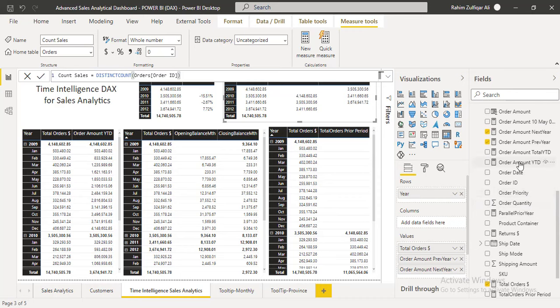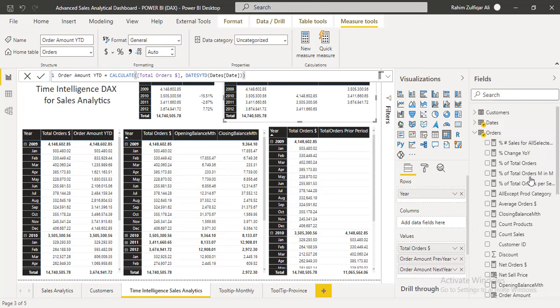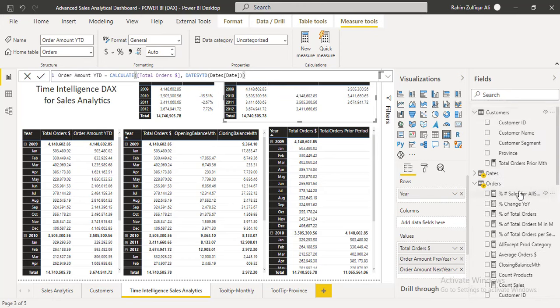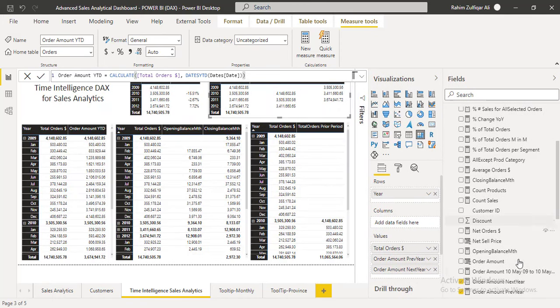Then I have also created this explicit measure that gives me order amount YTD, which is based on the running total, right? So these are all the DAX, and there are also some more DAX available. You can explore that as well. Let me show you one more.